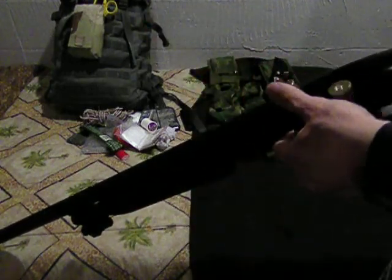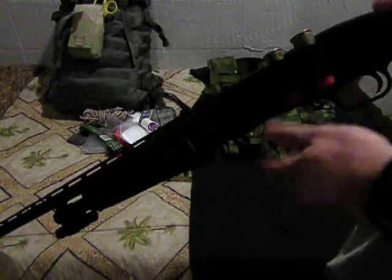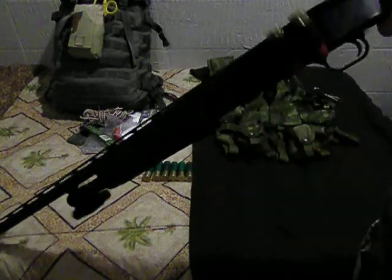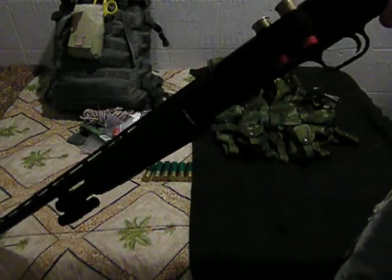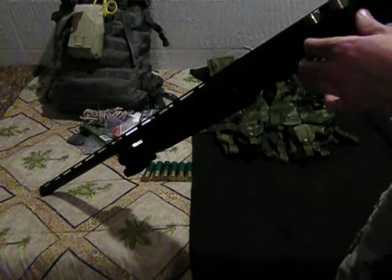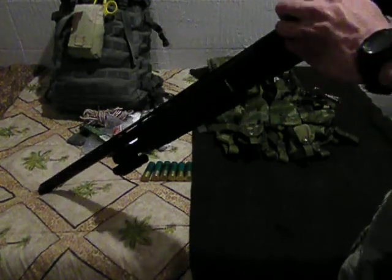If I was to have to go from buckshot to a slug, if I felt the need for that, I could just bang it out, throw one in as a combat load, and throw one up in the tube, and be good to go. I just kind of butchered one of those loop pads that you can put on the stock. I just cut 2 of the loops off, and as you can see, the loops are retained. I just cut around the stitching. Just took some industrial Velcro,